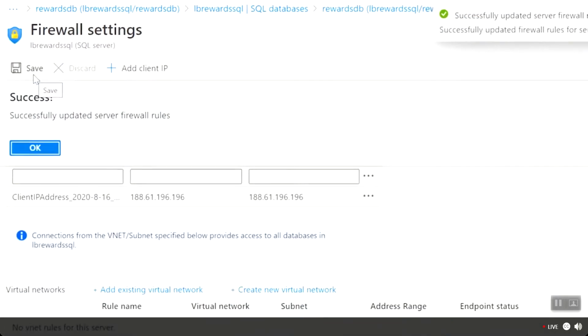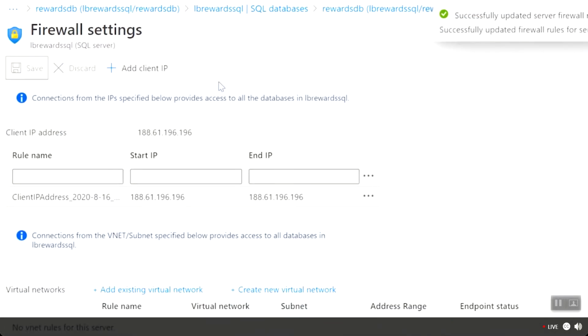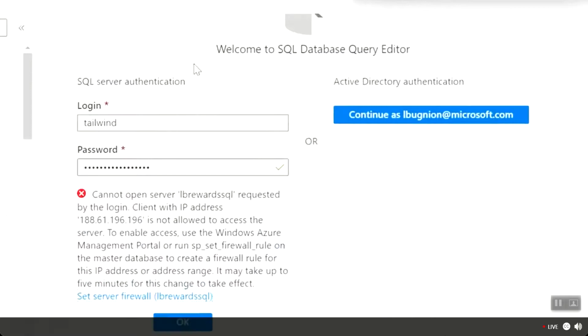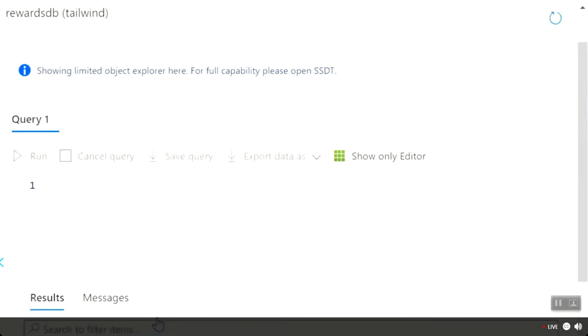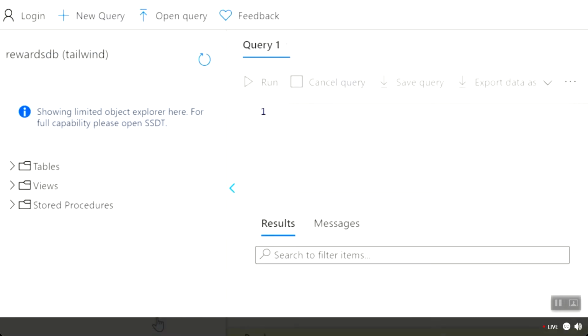And then once this is saved, we are going to go back to the query editor and now we can log in. Of course, at this time, the database is empty. There are no tables because we didn't migrate yet. But basically, at this point, we are ready for the migration. So let's talk about the migration itself